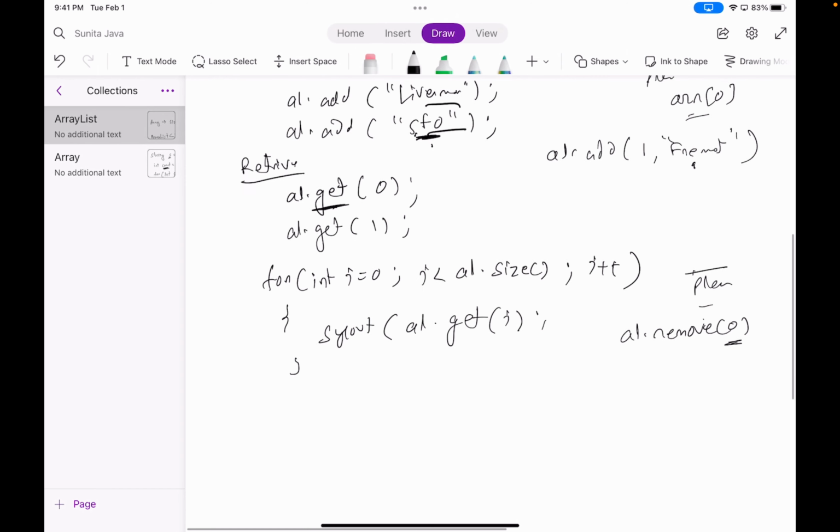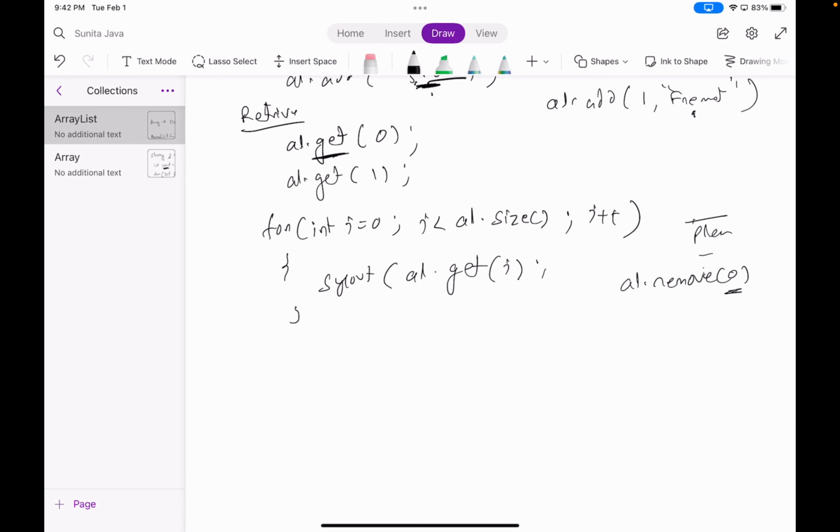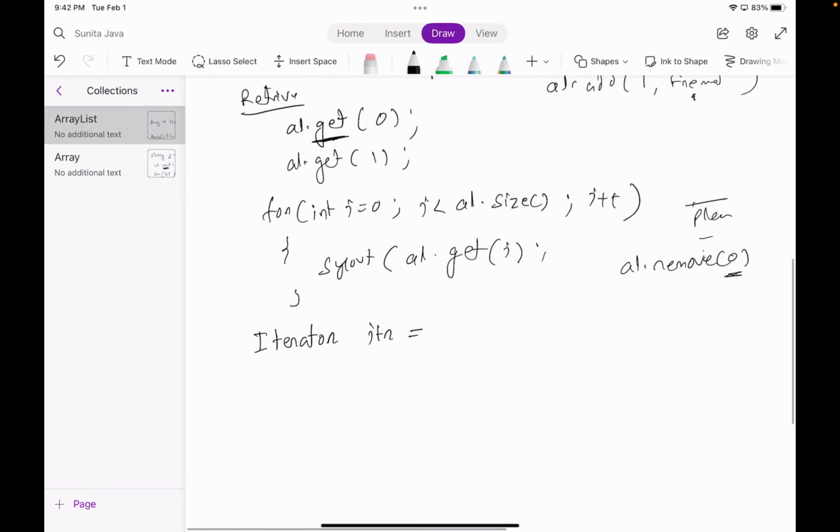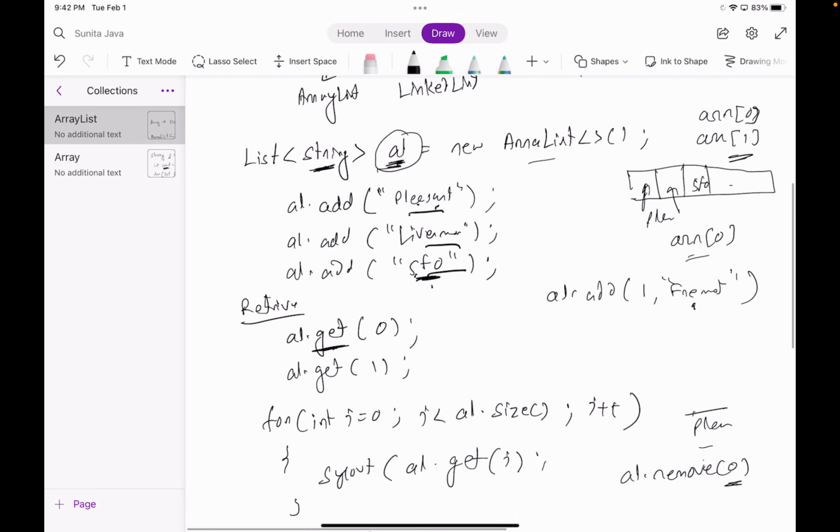Either you can do al.get of i, or we have an Iterator class. Just remember the syntax: Iterator, then a variable name. Most of the time we give itr as a shortcut. Iterator itr equals